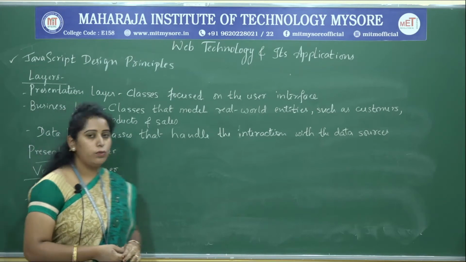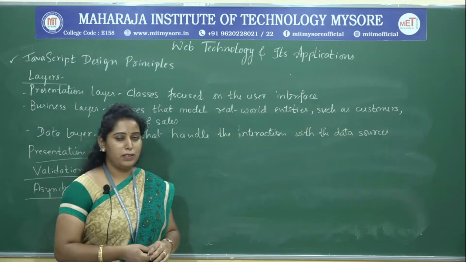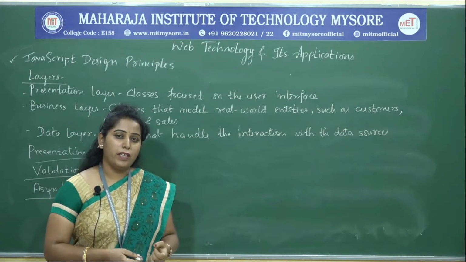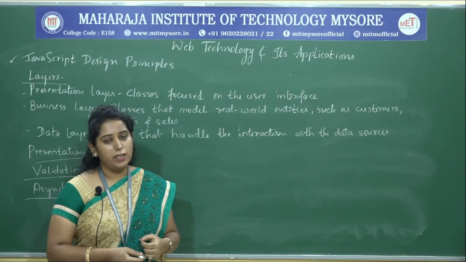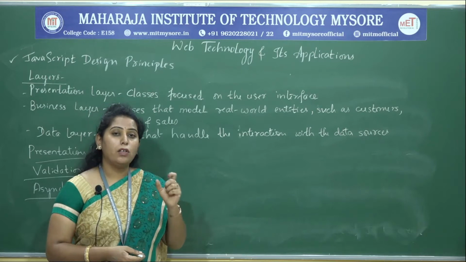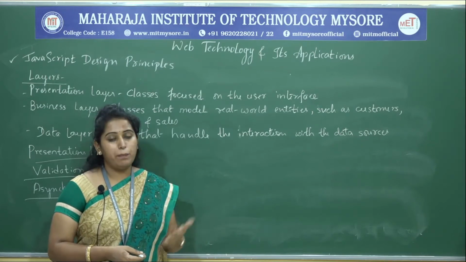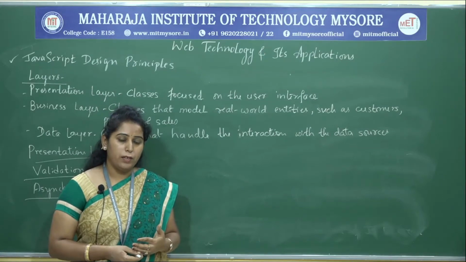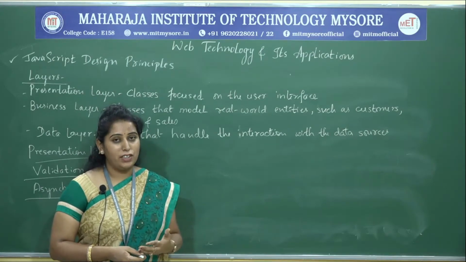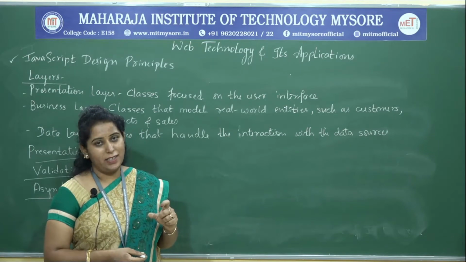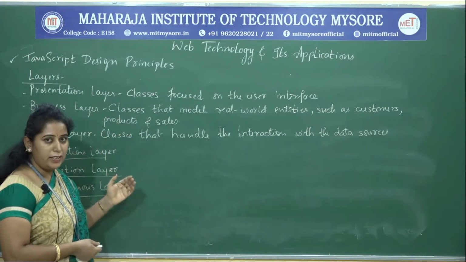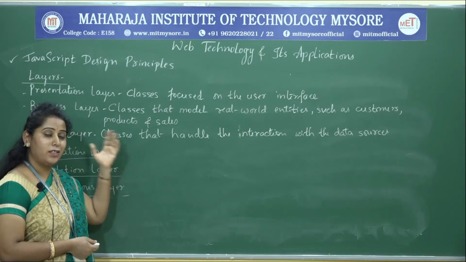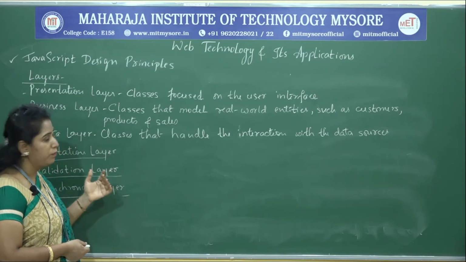So, how to design principles? Whenever we are designing software to solve some problem, we are supposed to develop a conceptual model before implementing it. How to develop a conceptual model? That can be achieved via layers. Which are all the layers available to develop a conceptual model which is a solution to a problem?